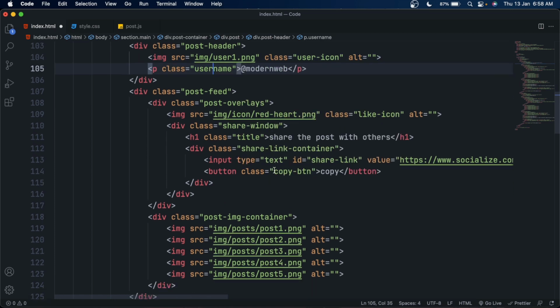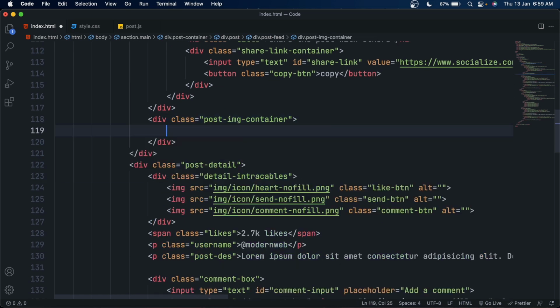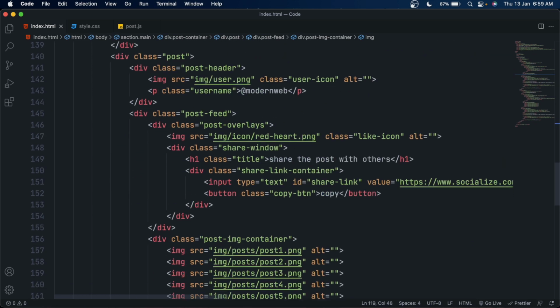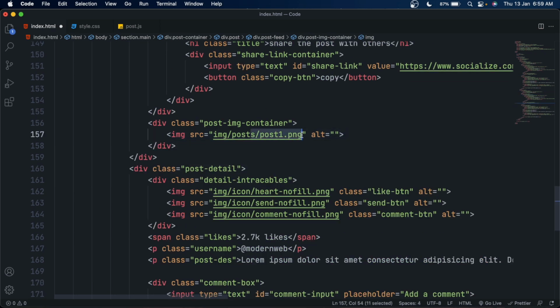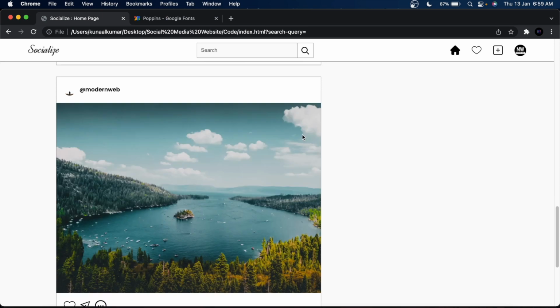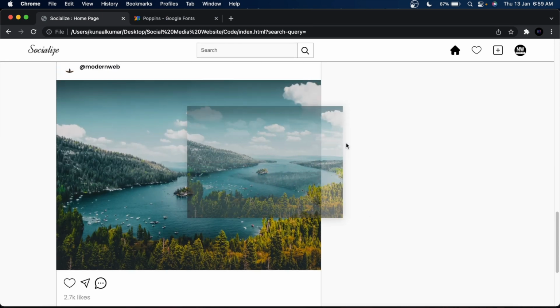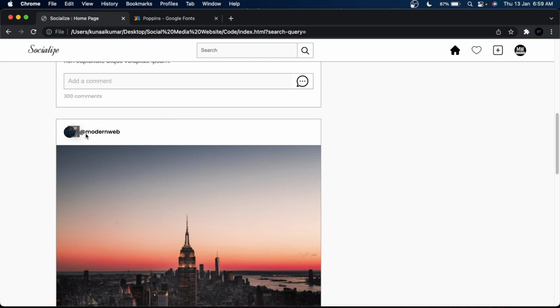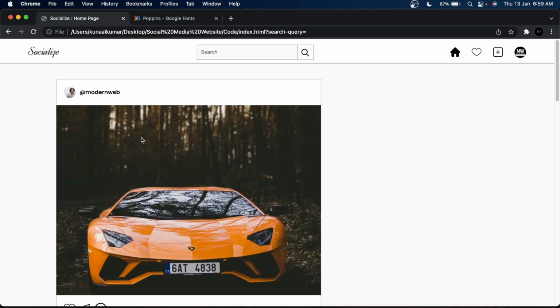It's up to you, whatever you like, you can change. So if we see the output, well, it's looking good. We have three posts with different post images and post user images.